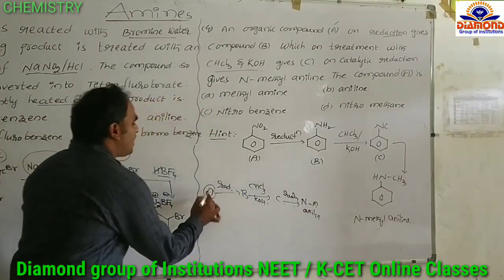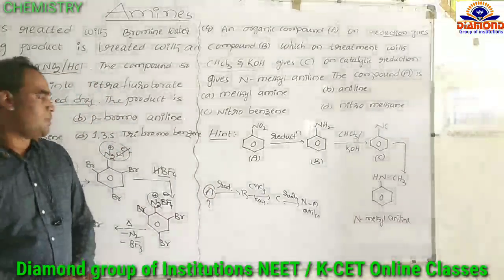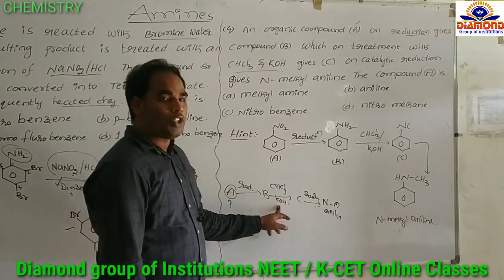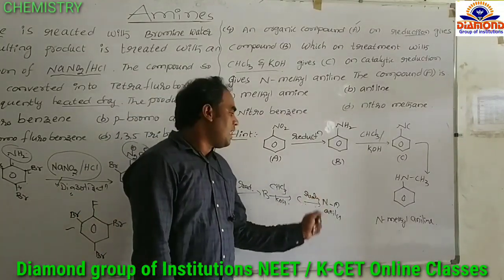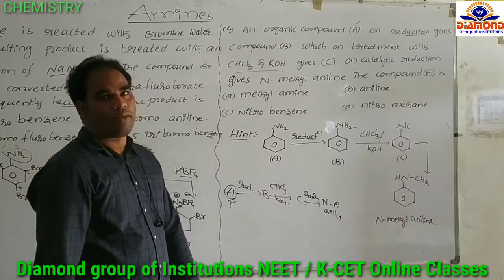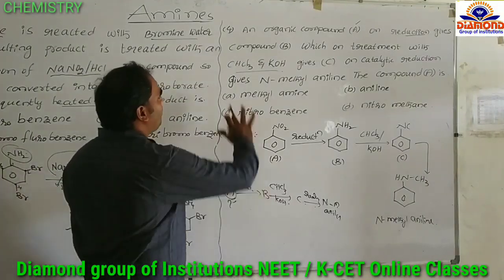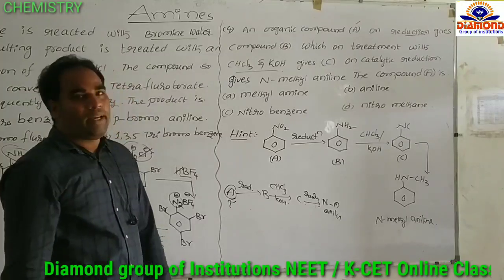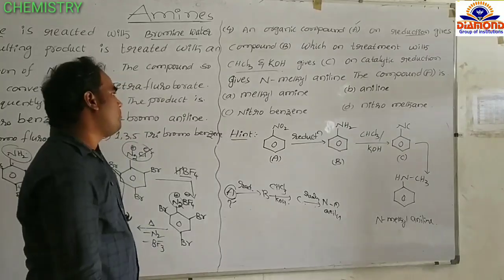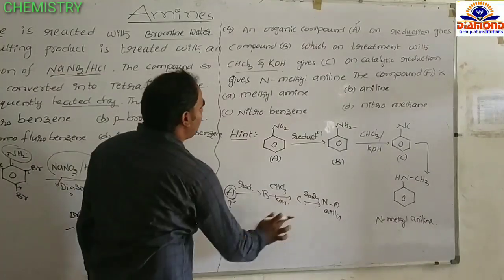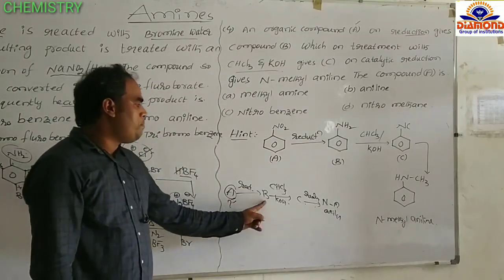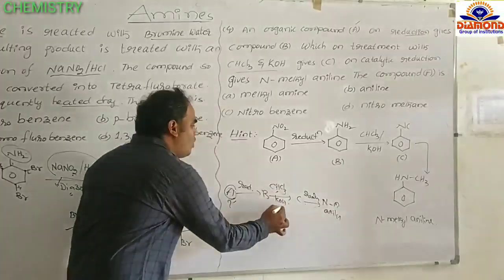So therefore, here compound A is what? That is the question. See here, first A by reduction forms B. B reacts with chloroform and KOH, forming C. That C by catalytic reduction forms N-methylaniline. Therefore, A is what? That is the concept, student. See student, for this question the options are A methylamine, B aniline, C nitrobenzene and D nitromethane. So see here, what is the clue here? First, A undergoes reduction, forms B. Then B reacts with chloroform and potassium hydroxide.